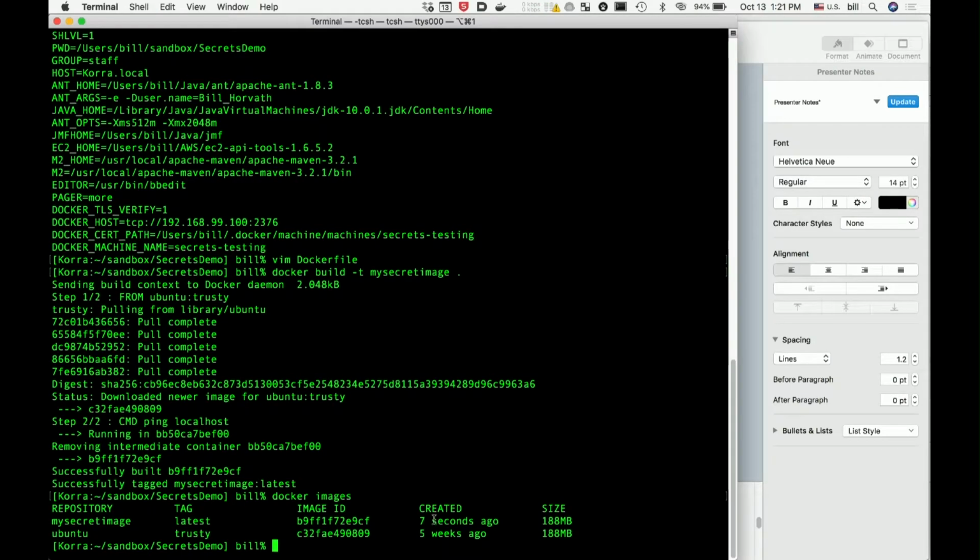Normally at this point you might do docker run my secret image, but we're creating this as a service. One of the tricks with Docker secrets is you cannot add them to individual containers or engines. The Docker engine has to be running in swarm mode in order for it to accept secrets.